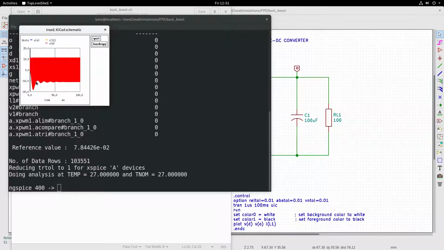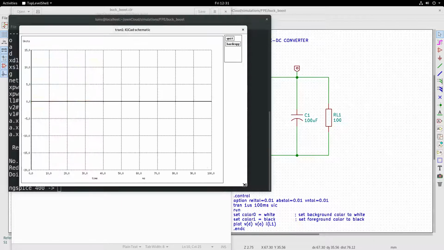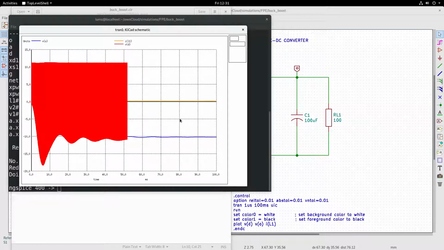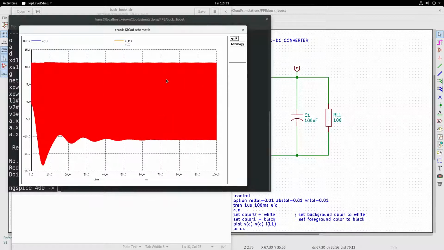Already you can see that the voltage is in the negative direction. That is basically because of the way the buck-boost operates, so you will get a negative voltage. We know that the output voltage is minus Vin into D by 1 minus D. Let me expand that, and likewise here also I have just given you a sample set of waveforms. You should try to explore it as much as possible.